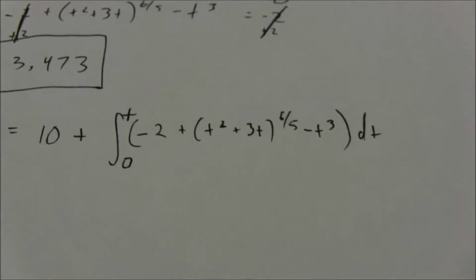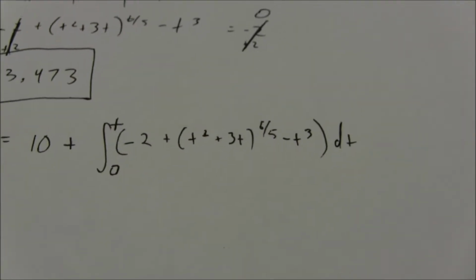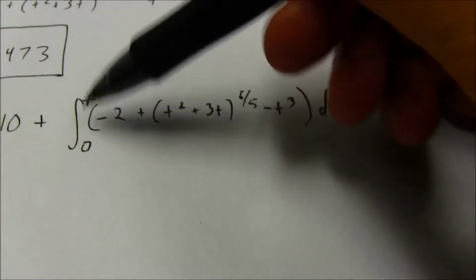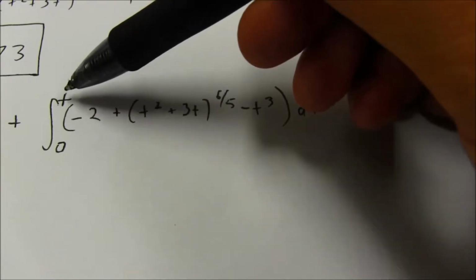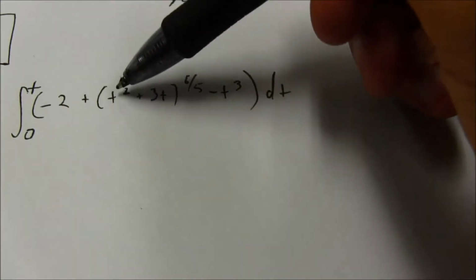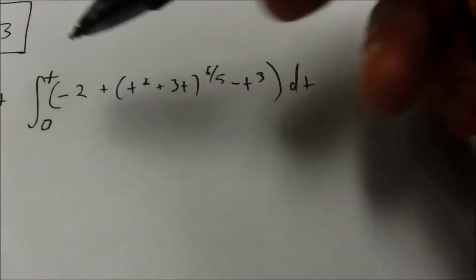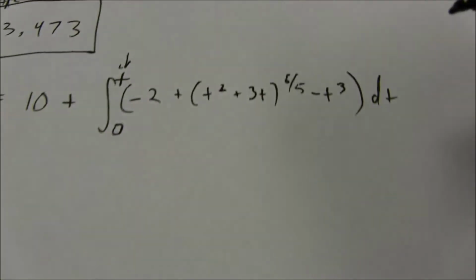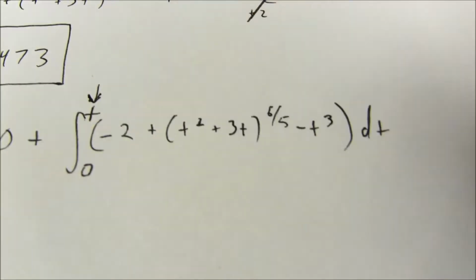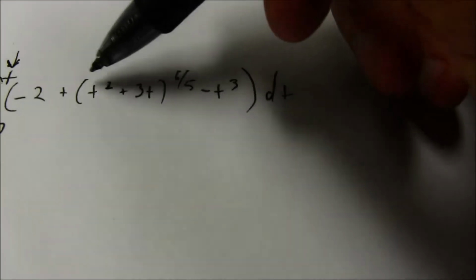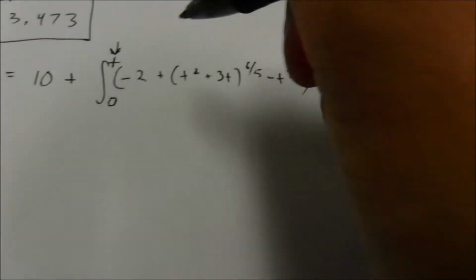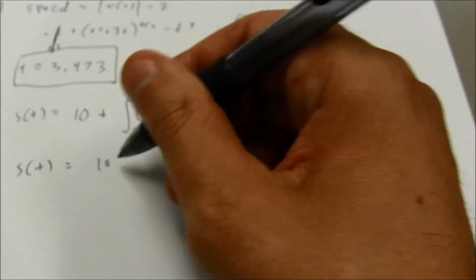Now, a subtle note here, but this is technically important. The bounds are the input. If I want to find the distance after 5 units of time, I'm not going to fill in 5 for the integrand variable. That's part of the integral. This is your variable input. If they told me to write s of x, I would have made that an x. They said s of t, so I made it a t. I'm really supposed to use different variables for the actual integral itself, because the input for the function is not that value. So I'm going to have an integral go from 0 to t,